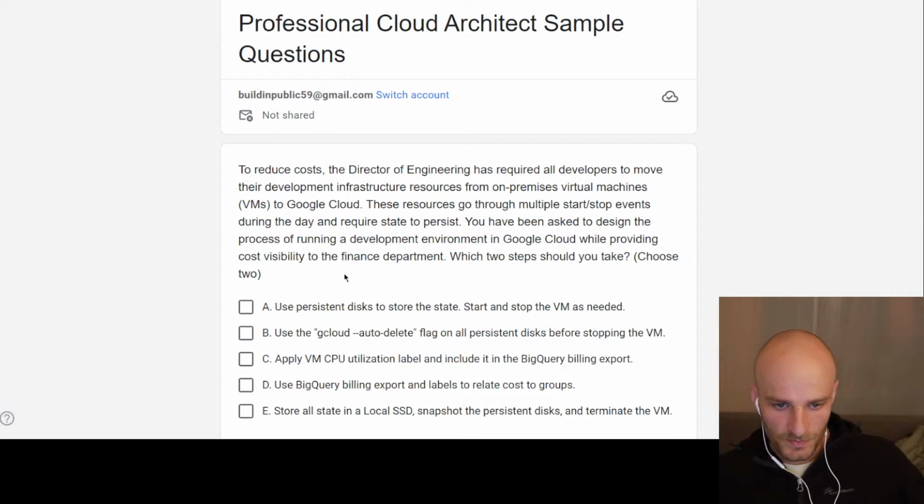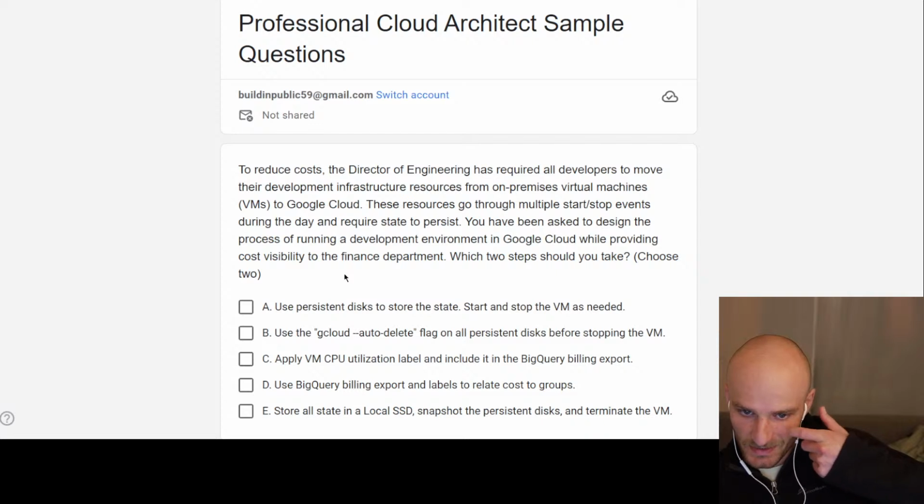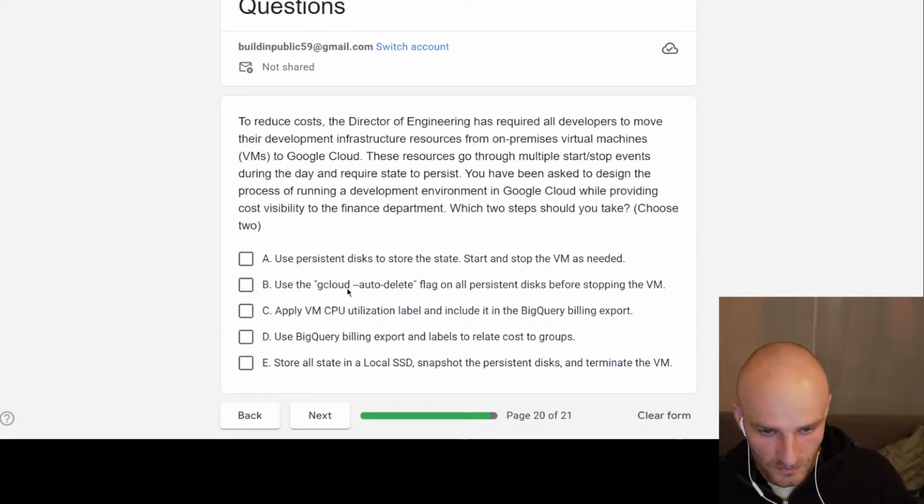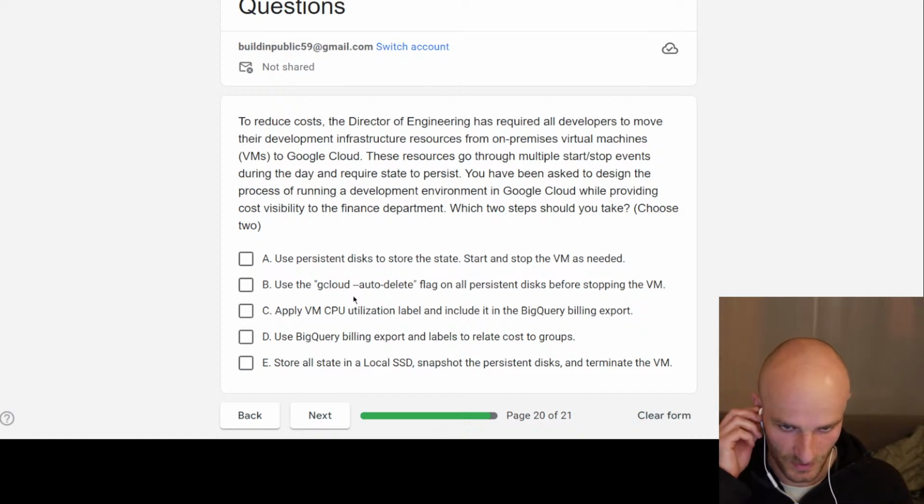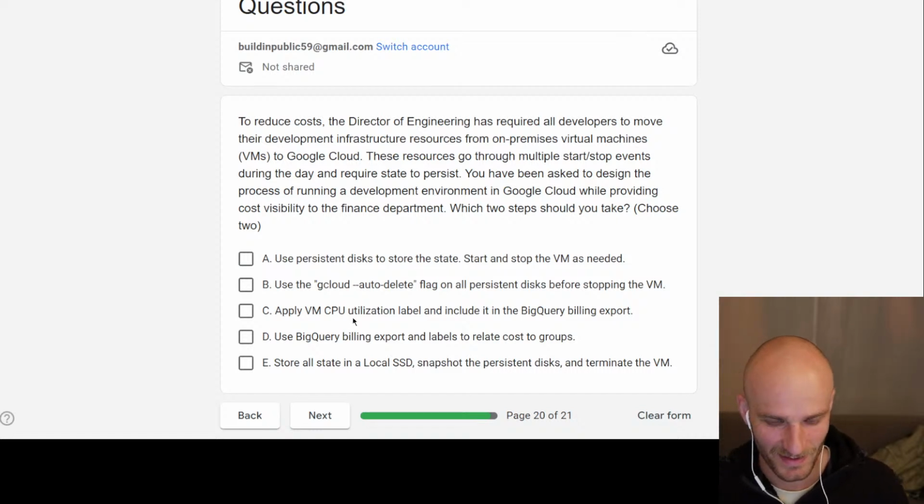So use persistent disk to store the state. Apply a flag on all persistent disks before stopping the VM. Apply VM CPU utilization label and include a